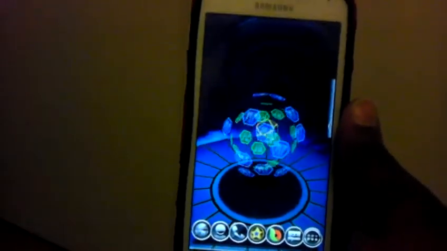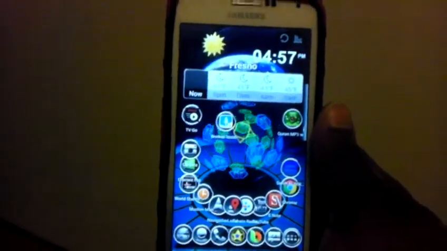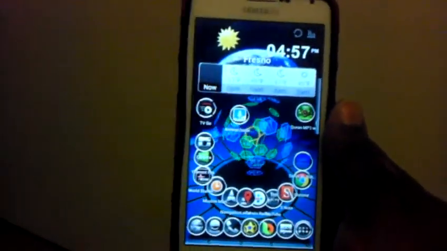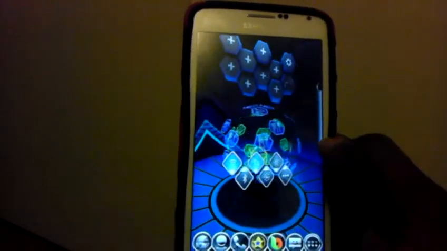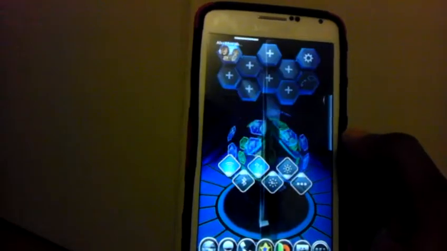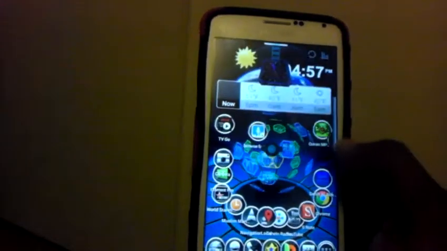I just had a lot, to be honest. I had too much going on. Look at this. This was my home screen before, using the 3D launcher, of course. And look, I had way too much going on here. Way too much. And I know I did, but I was just messing around. Did my stuff get stuck for a minute? What happened there? Okay.